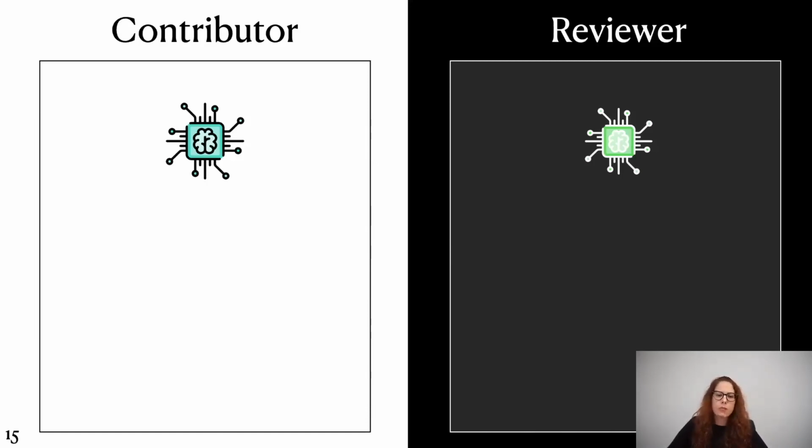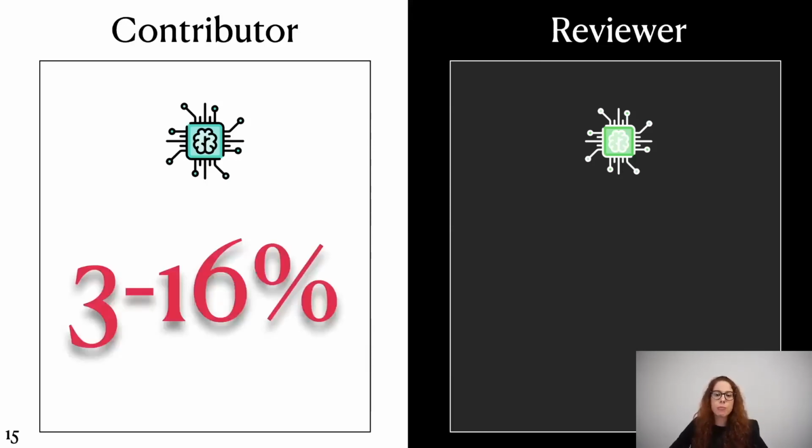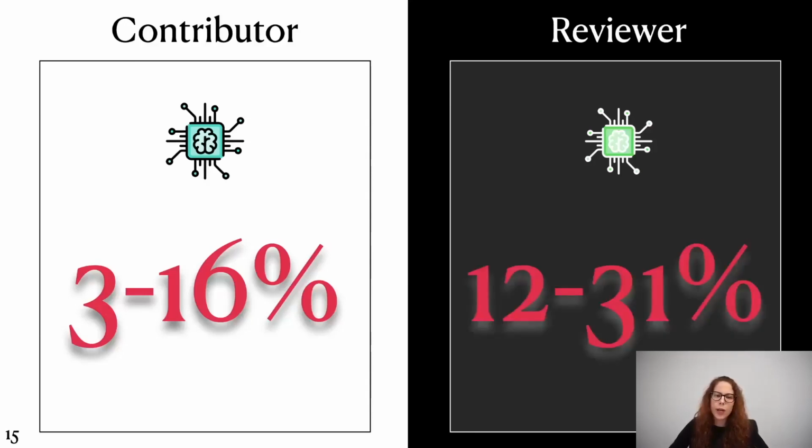The models were able to generate a perfect prediction in 3 up to 16% of cases on the contributor side, depending on the number of predictions the model is allowed to generate, and in 12 up to 31% of cases on the reviewer side. Besides computing the perfect prediction, we also performed additional analysis related to the BLEU score and the Levenshtein distance, and also a qualitative